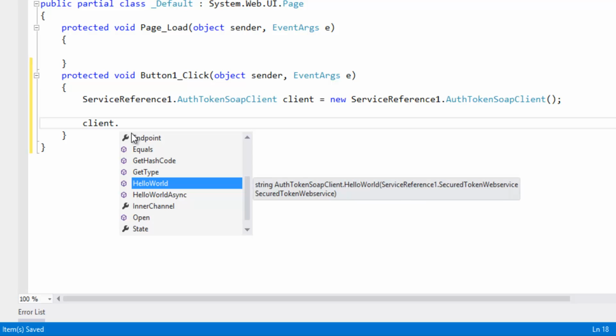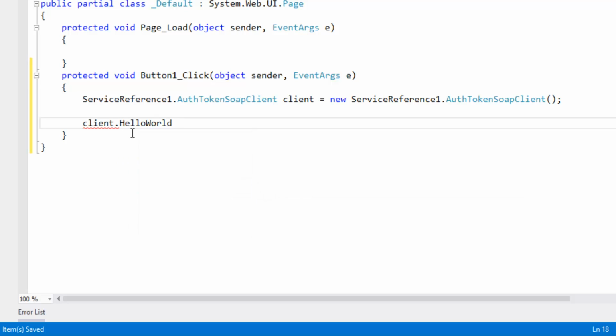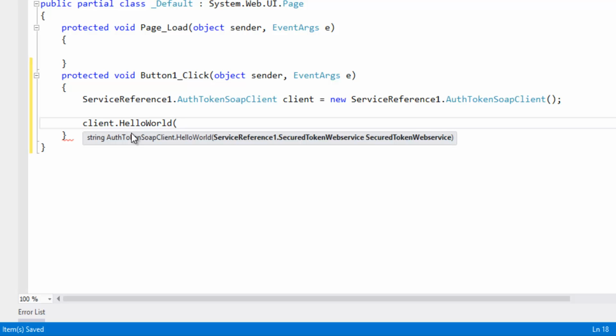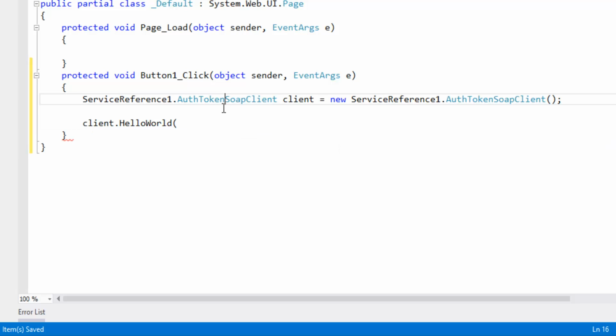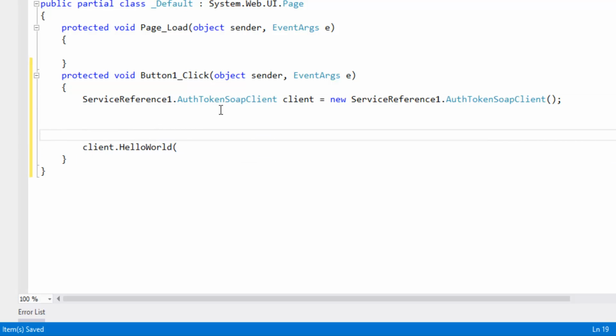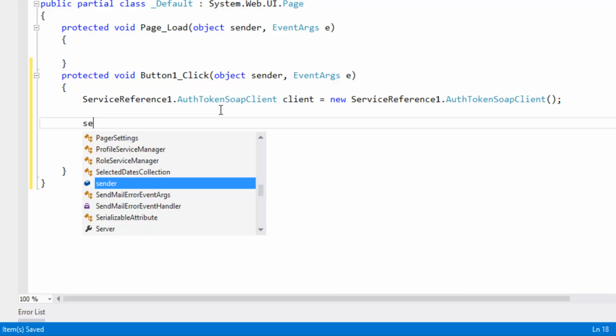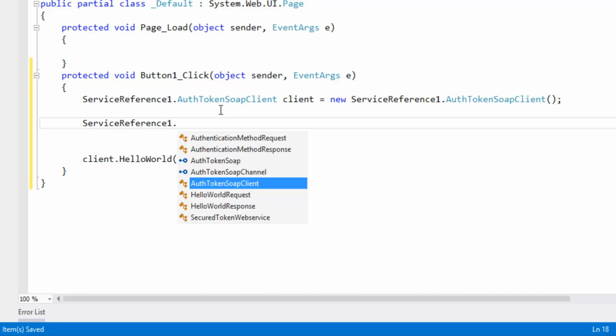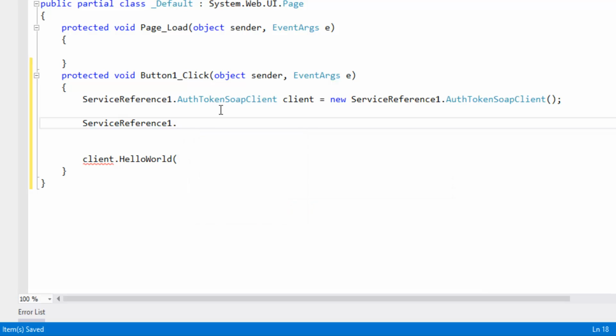Now client dot, when we call this hello world method, look at that, it needs to pass the secure token web service. For that, let's create ServiceReference1.SecuredTokenWebService